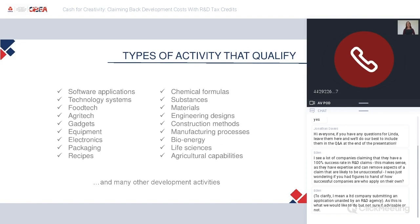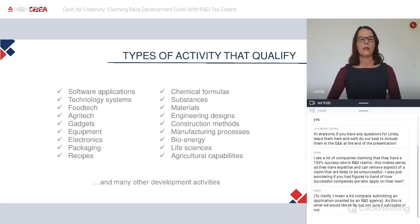flavour. So software application development, technology systems, VoIP systems, AI, food tech, so developing new food processing recipes, manufacturing technology, similar thing in agri-tech as well, development of gadgets, equipment, electronics, electronic circuitry, packaging, so packaging methods or new packaging materials such as replacements for plastics, recipe development, so that might be food recipes, it might be cosmetics or chemical formulas for cleaning materials or substances, materials, so breathable fabrics or stronger fabrics or the new world of fabrics, sports fabrics,